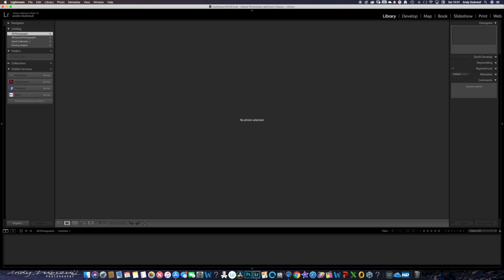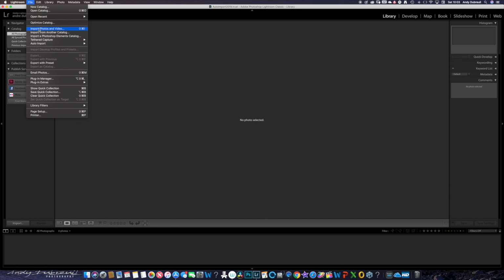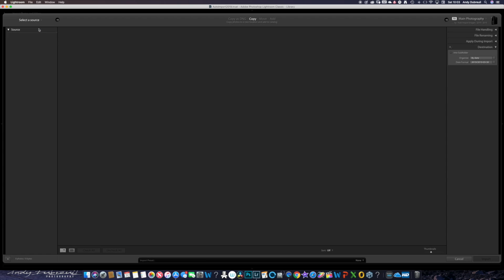So here we are with the main screen. Obviously we've got no images, so the next thing I'm going to do is go through how we import images and then look from there. So the first thing we need to do is import some images into Adobe Lightroom. So we go File and Import Photos and Video,